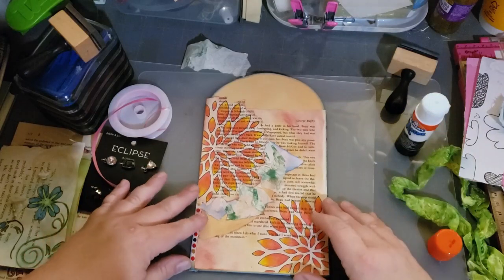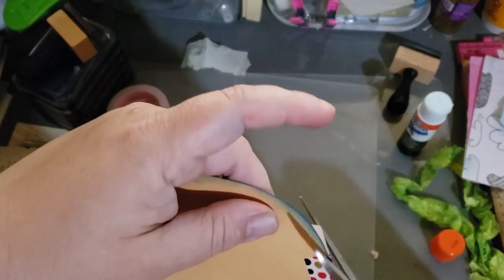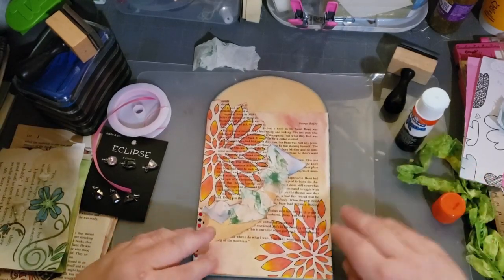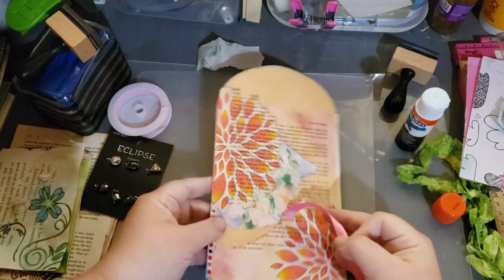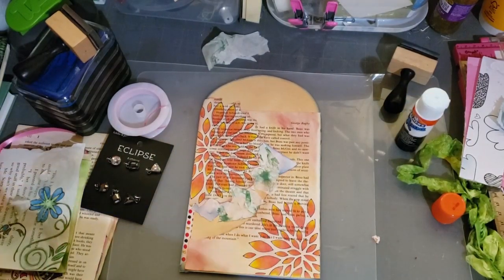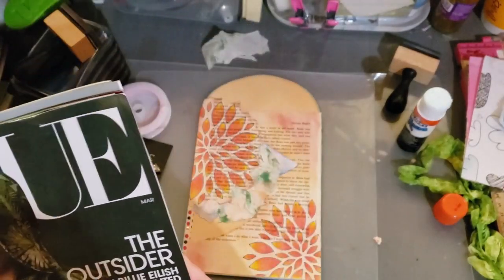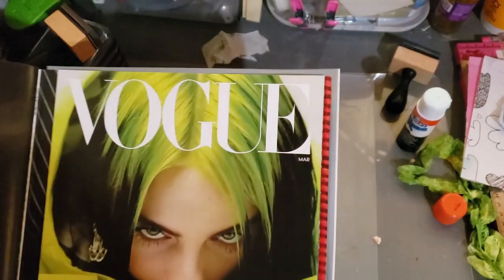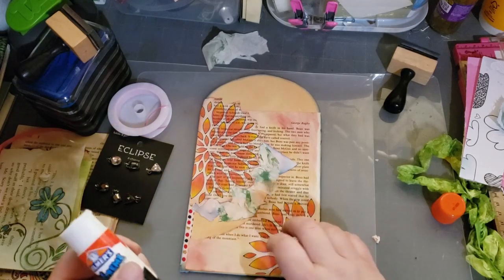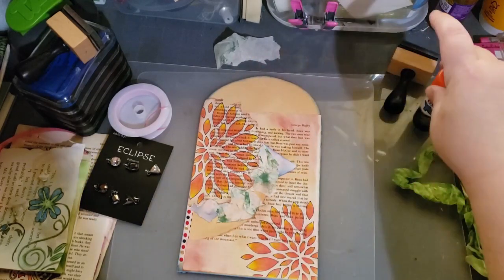Oh boy. All right, so here's what I got going on so far. And I gotta cut this off. Hold on. Okay, here's what I got, and I think I don't know yet. Maybe I need to find a scene out of this big old Vogue magazine. Okay, well, I won't keep you guys on here while I'm looking for this. So I'm just going to keep working on my tag, and I will just keep videoing my progress,